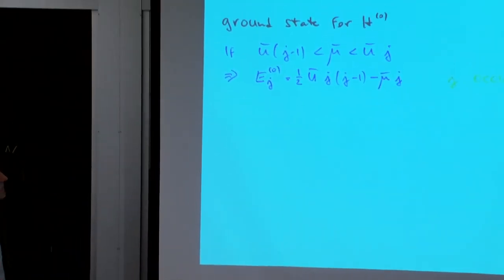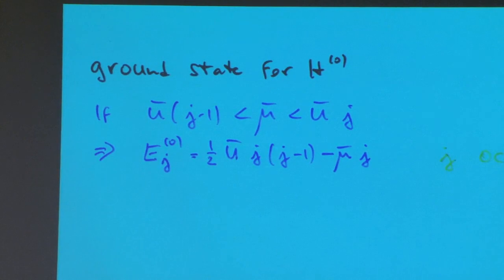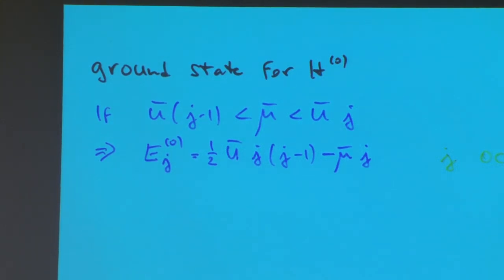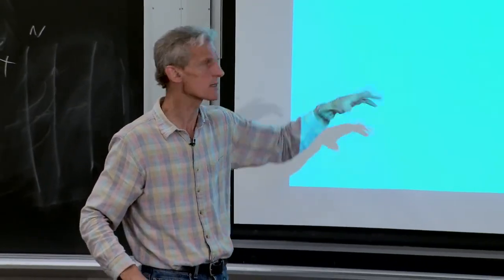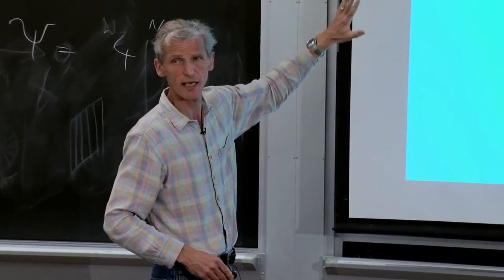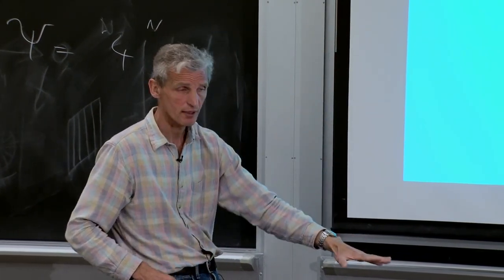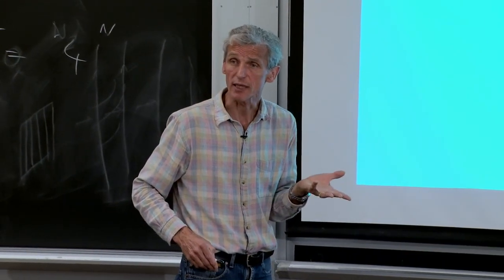Okay, I don't want to explain this expression. It just formalizes, I need it as an intermediate step. When we raise the chemical potential, we go from 0 to 1 particles per site to 2 particles per site. And whatever the chemical potential is determines whether we have 1 or 2 particles per site. This is just telling me, as a function of chemical potential, what is the ground state of the insulator.